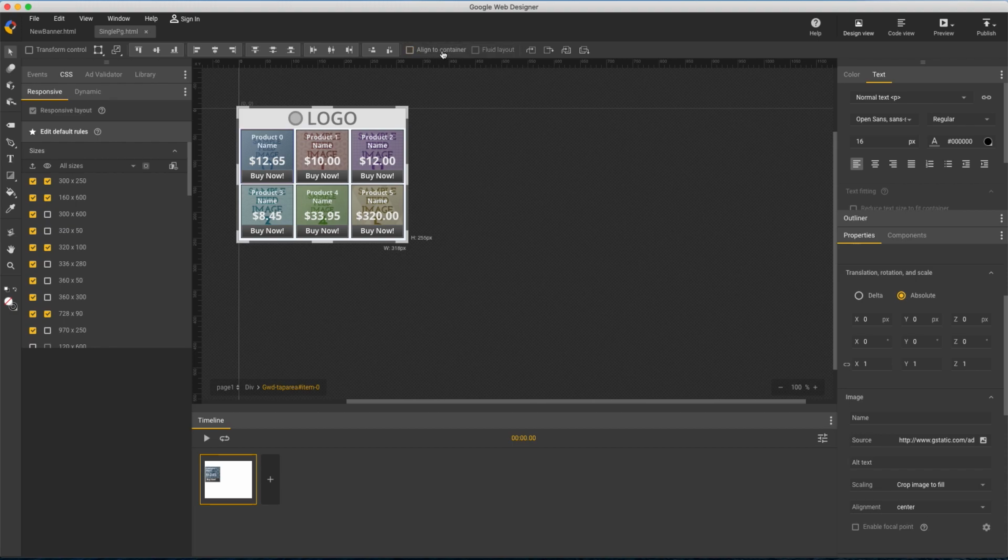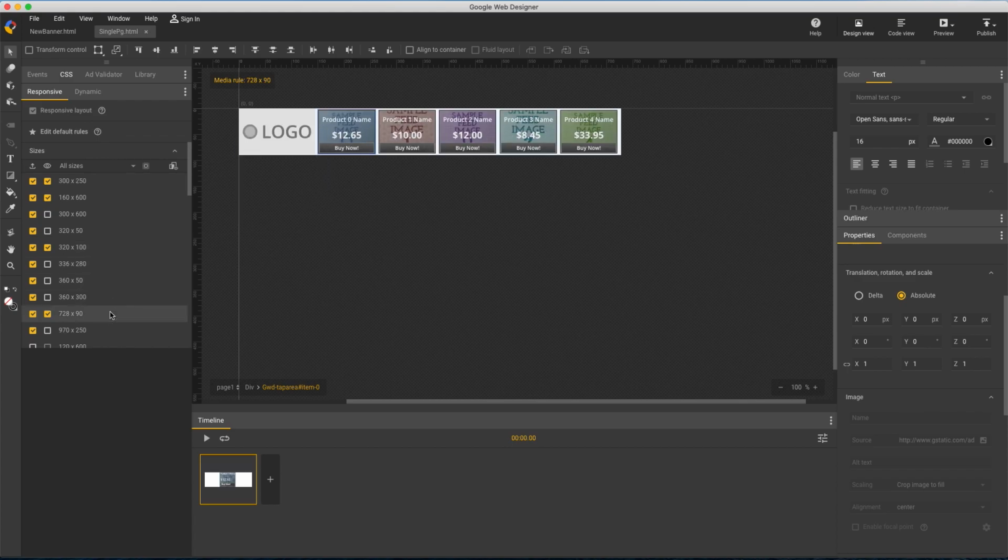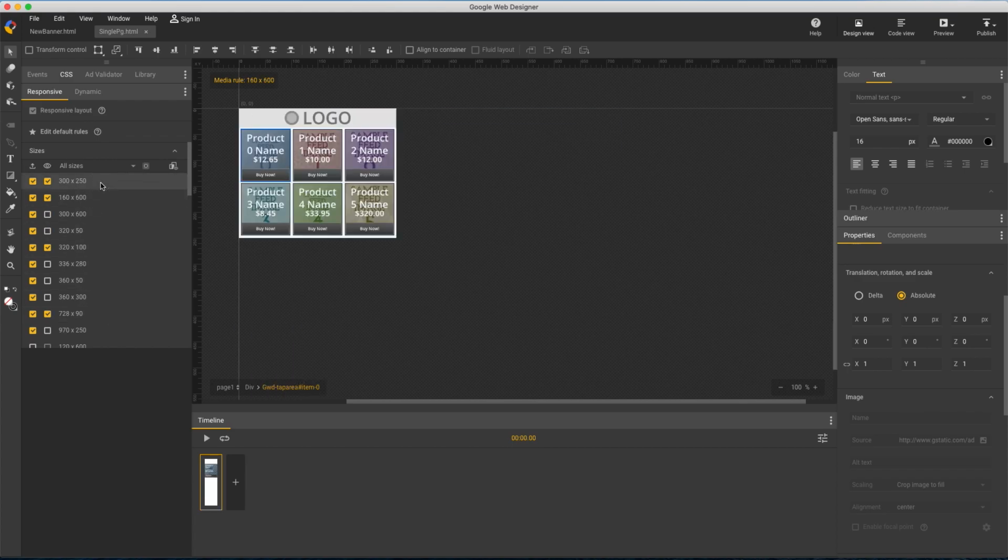A totally different responsive concept is media rules, where I change the layout entirely for any one size or range instead of just stretching it. For example, this layout has 6 items. This has 2, now 5, and so on. So those are the two approaches, fluid design and media rules.